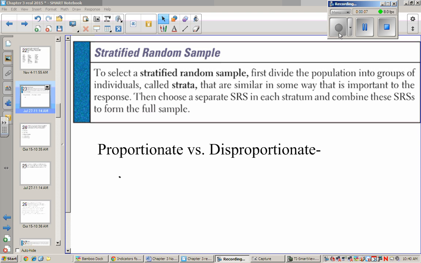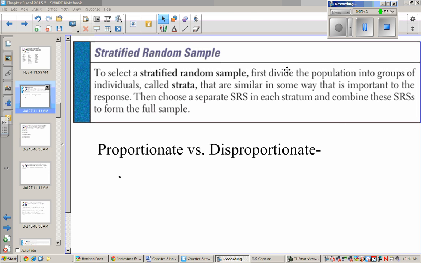To select a stratified random sample, it's kind of like an SRS, but we're going to stratify or split them up by some topic before we do the SRS. So first we divide the population into groups called strata. All the strata have to be similar in some way, whether it's gender, whether it's grade, whether it's color of hair, something that's important to the response. And then we choose a separate SRS from each of the strata, and then combine those SRSs to be the